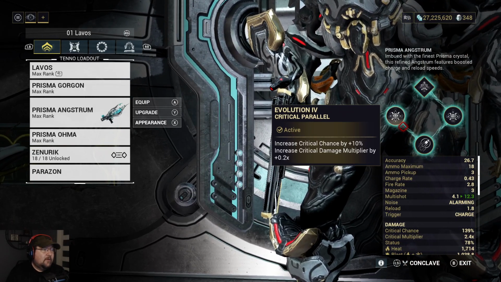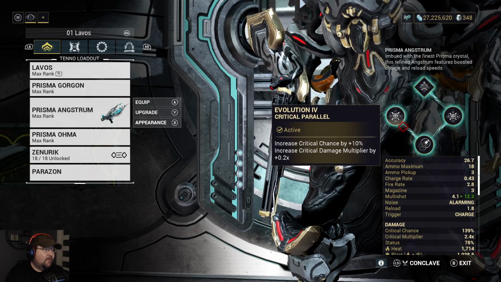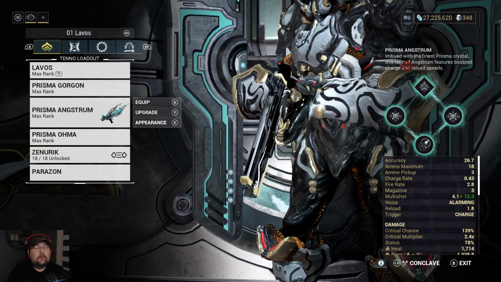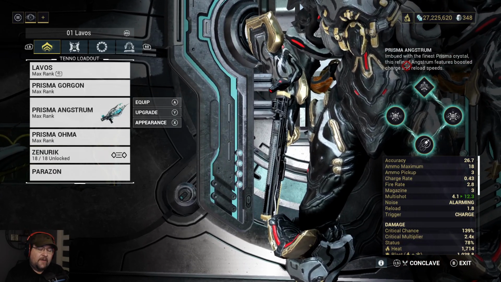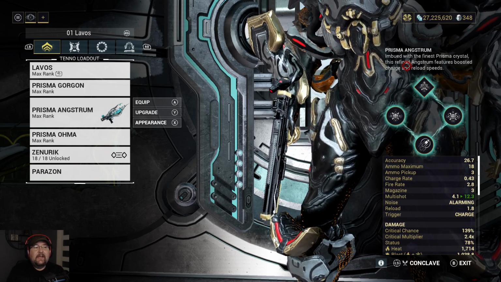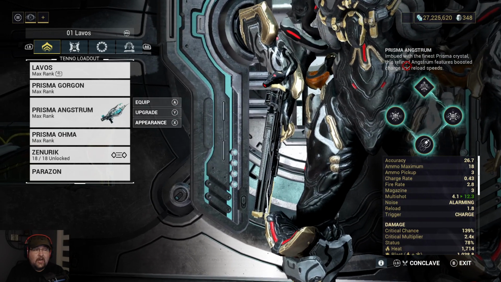Fixed being able to unload a Prisma Angstrum after switching to Incarnon form. Fixed Angstrum's Incarnon form altering the ammo pool of the equipped primary weapon. That would be weird. I will say that there is a couple of weird things about this, one of which, at least for me, is that it doesn't really make noise. It does, but it doesn't. It makes a very quiet noise, and the only thing that you hear is the Incarnon charge building up. Once you have the Incarnon side of this gun active, it just kind of